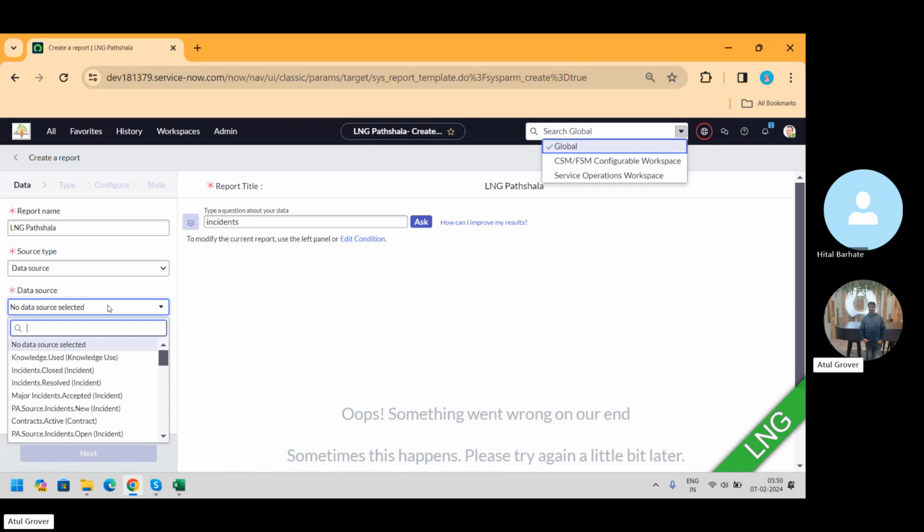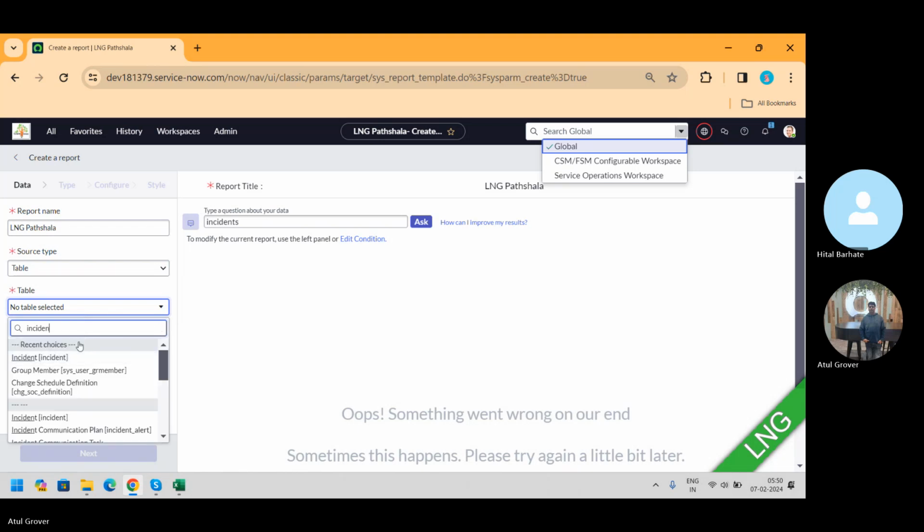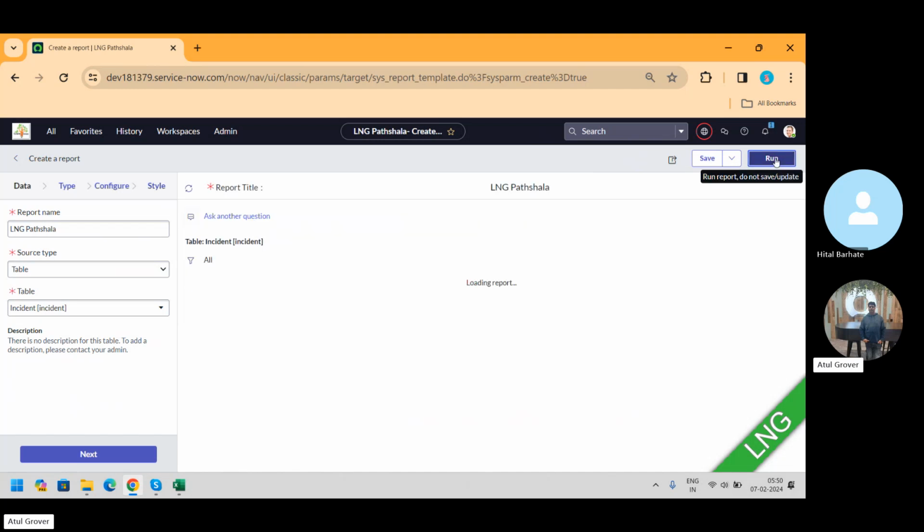Instead of giving any conditions, although further conditions we can give, out of the box this is available. What we do, we'll choose a table and put it here, incident. Here, now what we are getting is that we are creating a report on the incident table. Now, if you click on run,